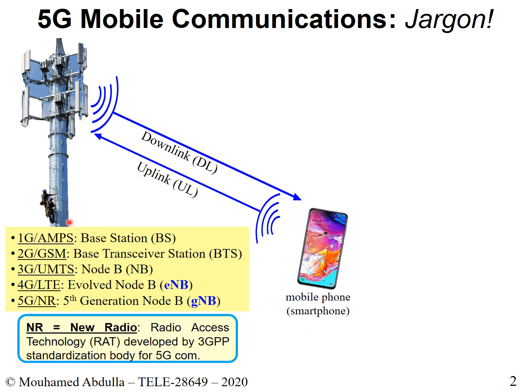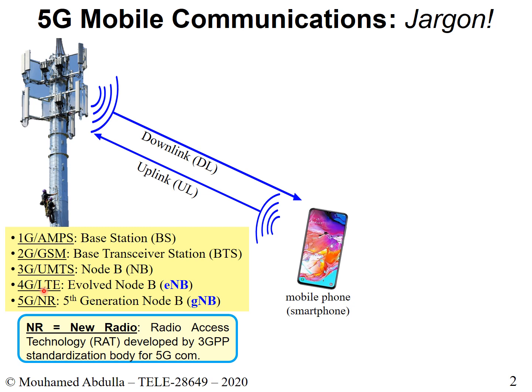Now, I have to mention what NR is. NR is a radio access technology. This is essentially the technology for each generation. So when we say 1G, what was the standard or technology used? It was basically AMPS. There were others used in Scandinavia, but AMPS was also common. In 2G, the standard used was GSM. In 3G, UMTS. There were others as well.